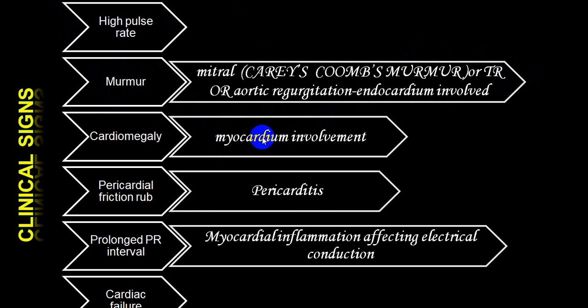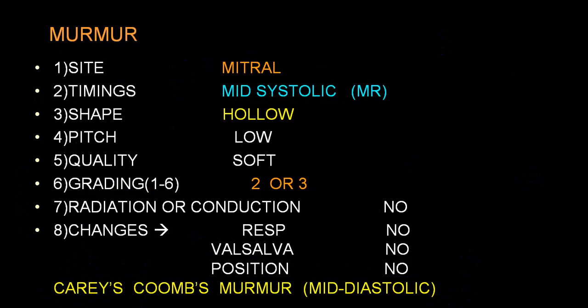In myocardial involvement, you will have tachycardia with cardiomegaly. In pericarditis, you will have a pericardial rub followed by an effusion, which recovers almost completely. And whenever there is myocardial involvement, you can have PR prolongation. This is taken as one of the minor criteria. And when you get an acute myocarditis, you can have congestive heart failure. And also, if there is involvement of the mitral valve producing acute MR, you can have congestive heart failure. So this is the picture we get in a case of cardiac involvement.